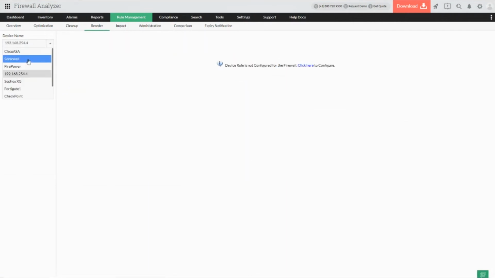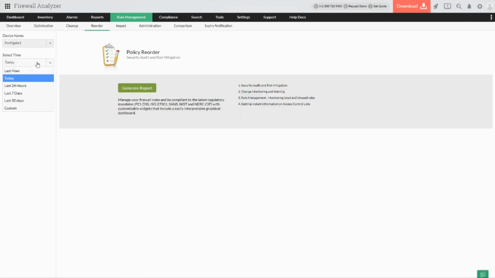And also you have the option to reorder the rules on the respective devices. For example, if you're taking the Sony firewall, you'll get the list of rules which you've already configured, and this is going to give you a detailed picture of how the policies have been taken at what particular time. So you can also see if a certain rule, let's say rule 3, has to be reordered to rule 2, which will give better performance because the number of hits for that rule is pretty high. In those cases, you can easily use the reorder option to change the rules within the respective order so that you will have a better monitoring solution with respect to the firewall.